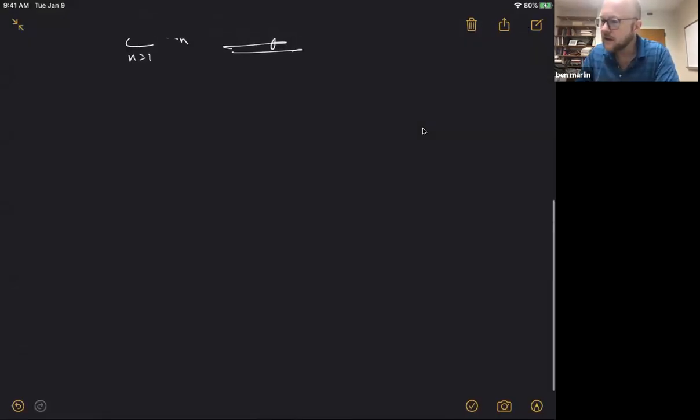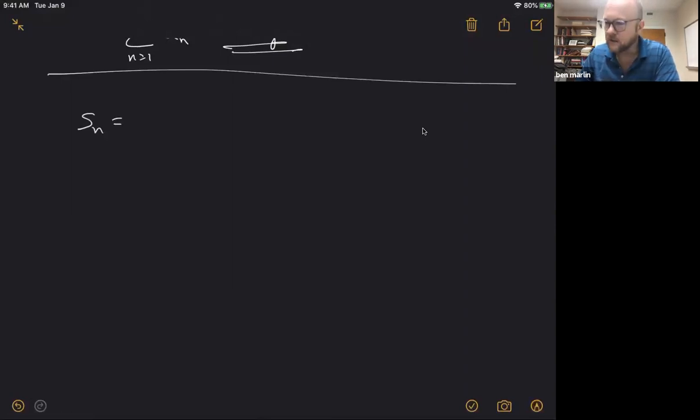So for example here, if I were to simply say to you that the s sub n was equal to, I don't know, maybe something like n squared minus 3n plus 1 divided by 2n squared plus n, then in order to find whether this converges or not,